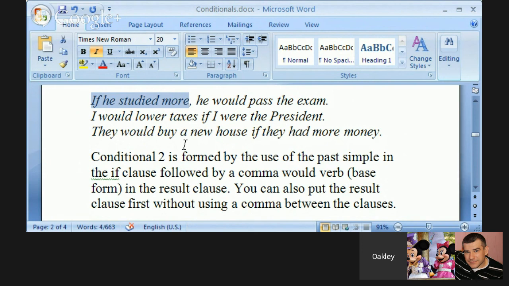Well, not particularly with that verb. It is possible to use past continuous or past simple. If he studied more, he would pass the exam. Notice use of the modal would. This is most common. Of course, you could use other modals,